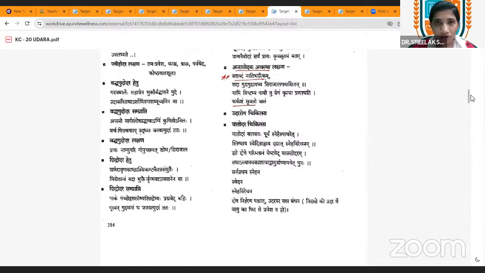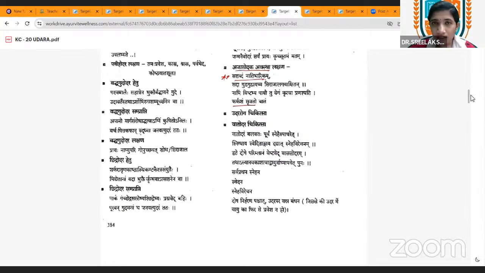This quotation is important: Jatam Jatam Jalam Sravyam. That is, the water, the fluid should be removed. When the abdomen is filling with fluid, it should be frequently drained out. So that can be done in Chidrodara. Don't get confused that it is done in Jalodhara. In Jalodhara that can be done, but this quotation, Jatam Jatam Jalam Sravyam, is mentioned in the Chidrodara treatment.